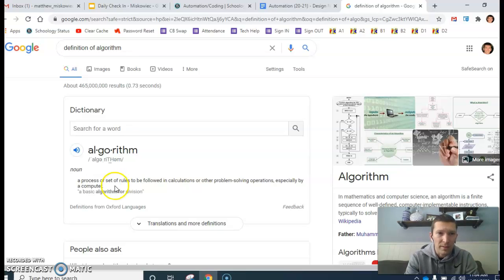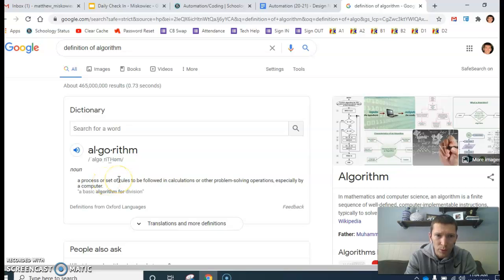of how it actually can make sense to us. So it says, a process or set of rules to be followed in calculations or other problem-solving operations, especially by a computer. And so just remember, for any of the definitions that you find, you may get different definitions, but we're looking for the one that's talking about computer programming or coding that applies to that. So with this definition, how it would make sense to me would be saying